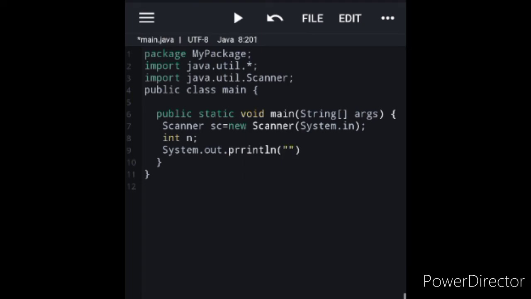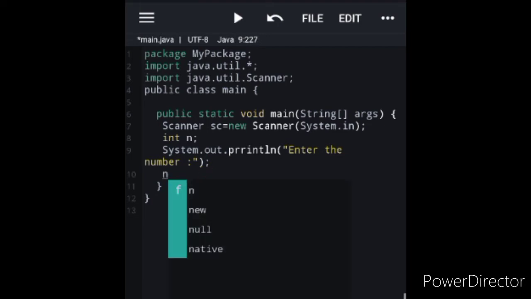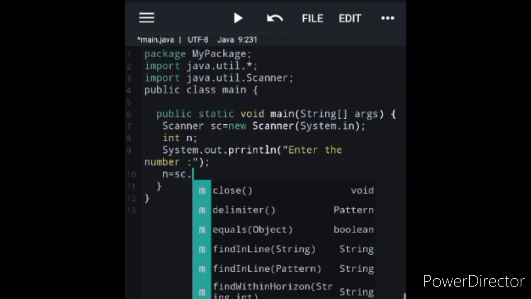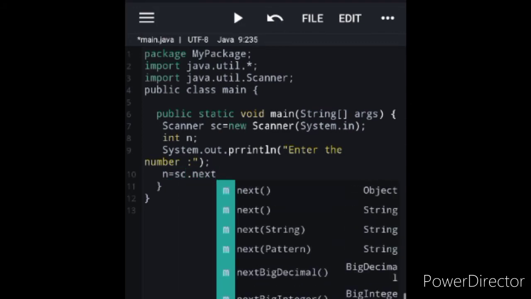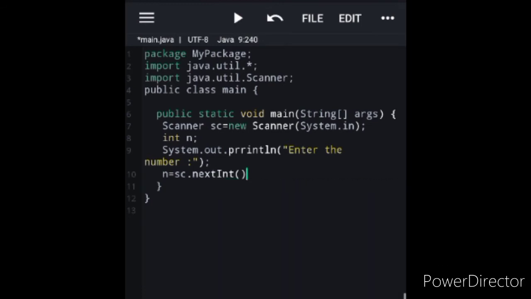Just take the input, enter the number, the number is n is equal to sc.nextInt.